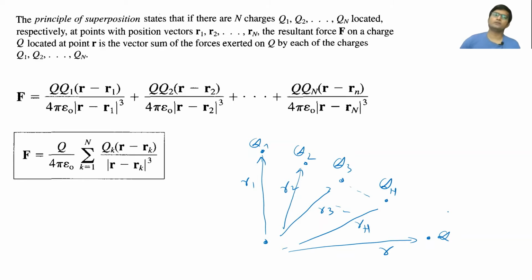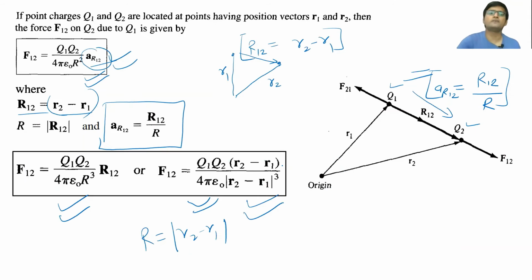So using the principle of superposition, which you must have studied in electrical network theory, the collective response in any circuit element is equal to the sum of responses by the individual voltage and current sources. Similar to that, the collective force experienced by this charge q will be equal to the forces exerted by each of these charges individually, right?